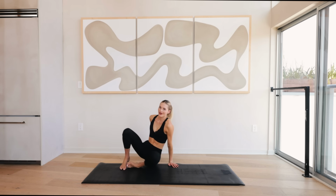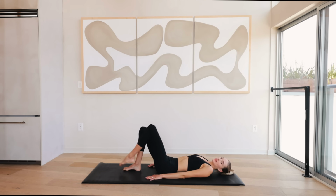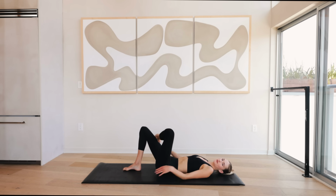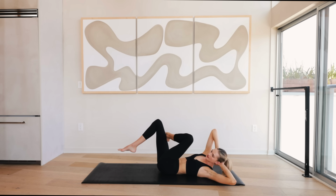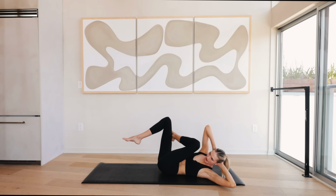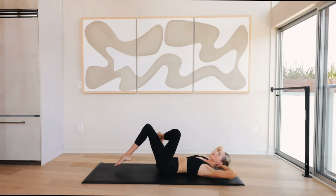We are gonna come to our back. Take a deep inhale through the nose. Place that left leg on top of the right, and those arms come behind the neck. Elbows are nice and wide. Take a deep inhale through the nose. On the exhale, we're rotating that upper body so that right armpit comes to the left knee, and slowly open up for 10,